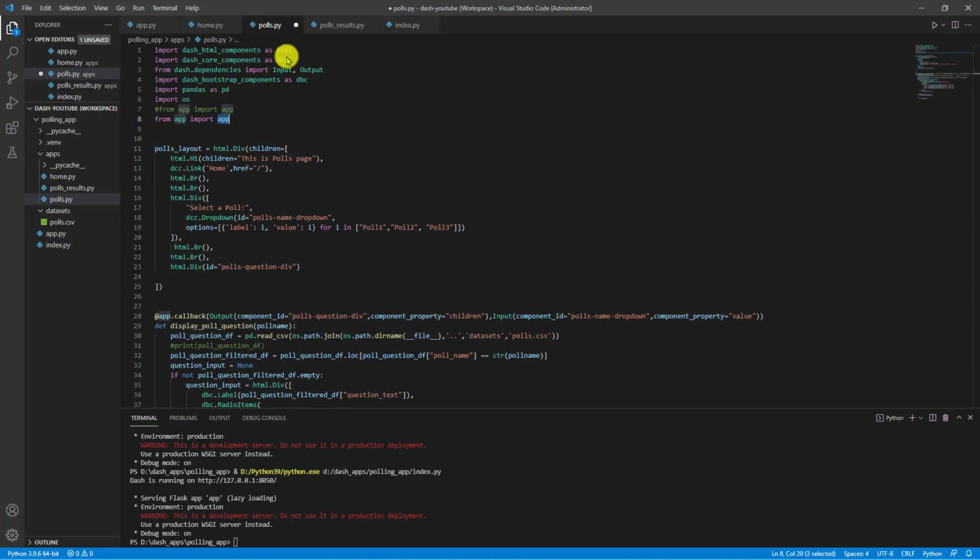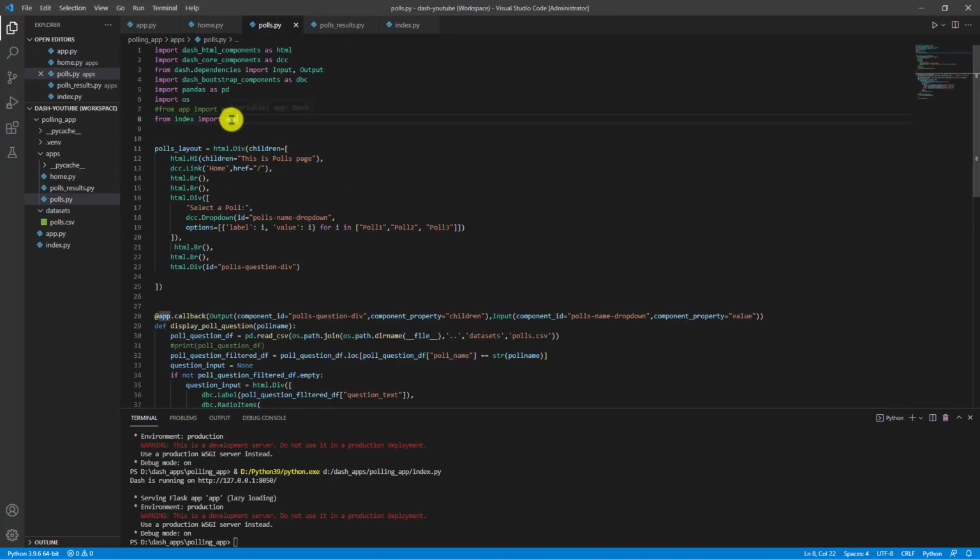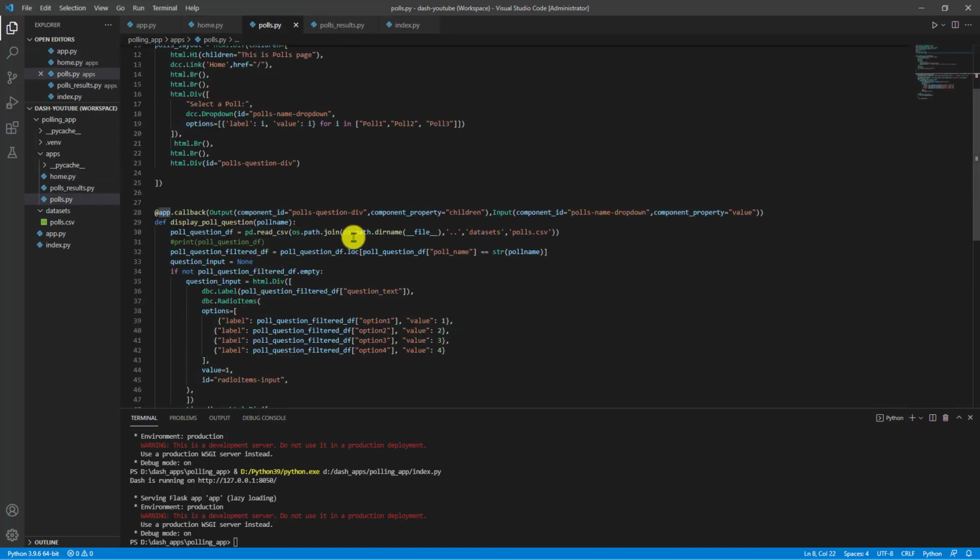So I will write something like from index import app. That is the way we have to write if we do not use the app.py file over here. Our home page is fine here. Only in the polls page we needed the app because we have a callback over here.